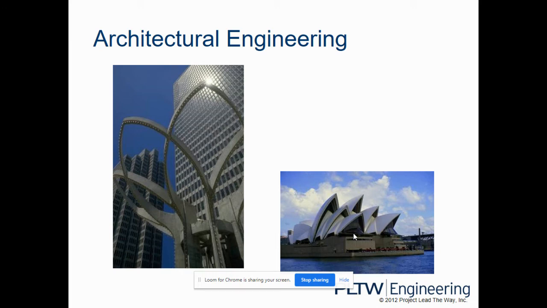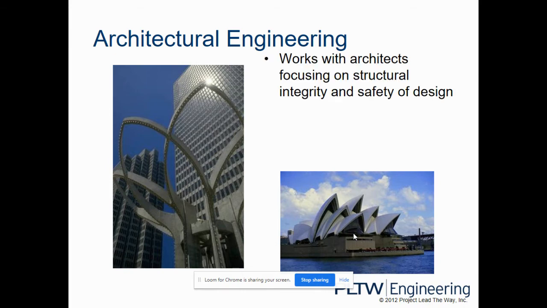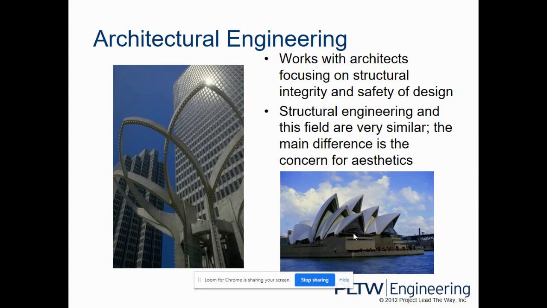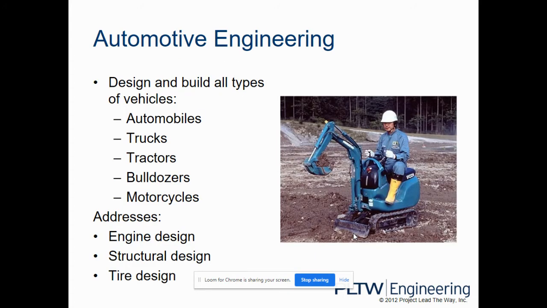Architectural engineering, it's an engineering discipline different than architecture in that there's a lot of structural analysis, structural integrity, and design work that goes into it. But because it deals with architecture, you have to be concerned with aesthetics, a fancy word for making sure it looks good. It's got to be pleasing to the eye, not just a big, ugly box building. And this is my favorite picture in the world. I want one of those things.